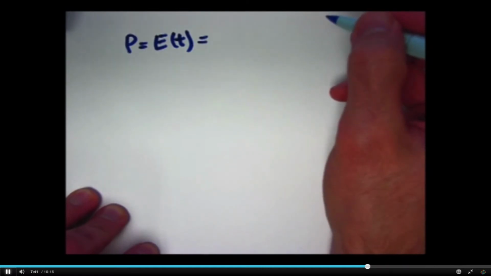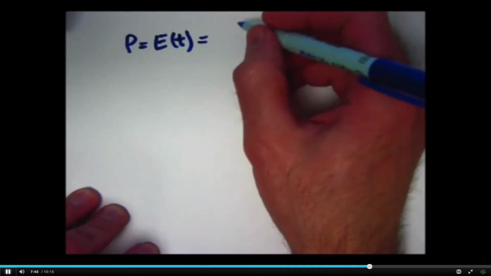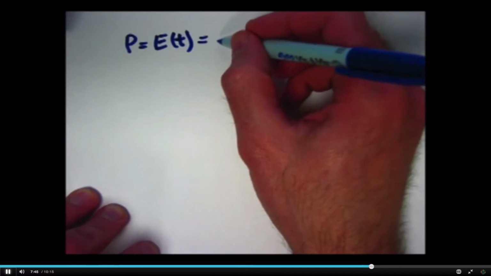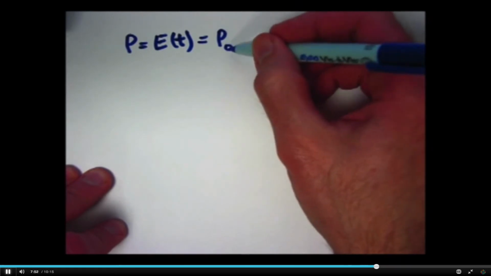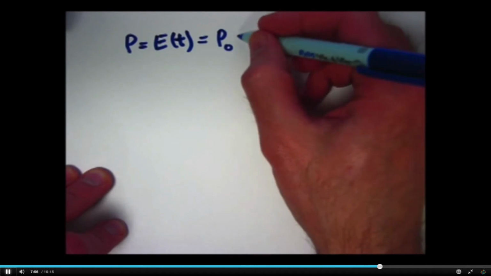And the form that exponential models take is the starting value of p in this case. I'll call it p sub 0. The subscript is just telling me it's the value of p at time 0. This symbol represents just one quantity, the starting value, times